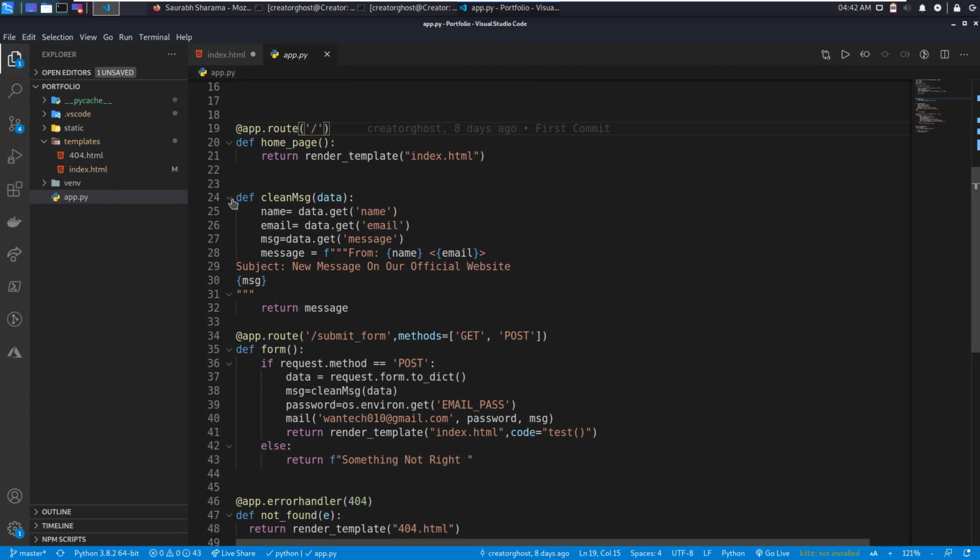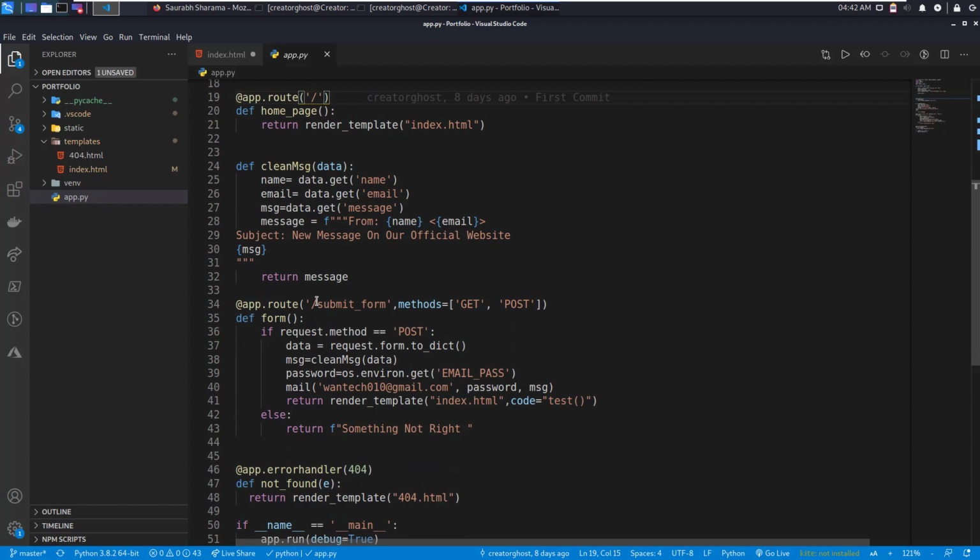And then I wrote a clean message function which is going to format your message in from to subject like that, so that the mail is more or less readable, because we just don't want to see a garbage mail inside our mailbox that we cannot make sense of, and we can only discard. So in order to keep everything clean and clear, I wrote this function. So this function works something like that.